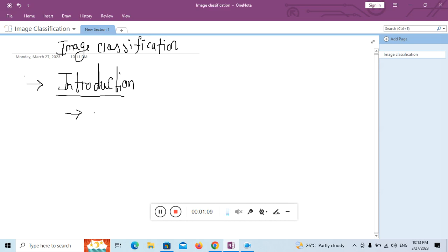If you go back some time, you will be able to understand that when we see some kind of object, we can identify that this is an apple, this is a mango.